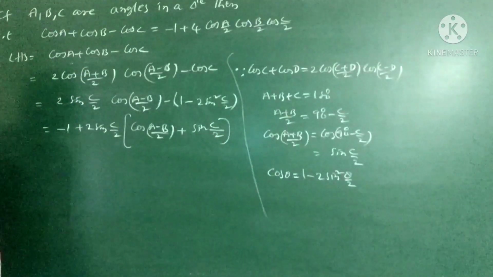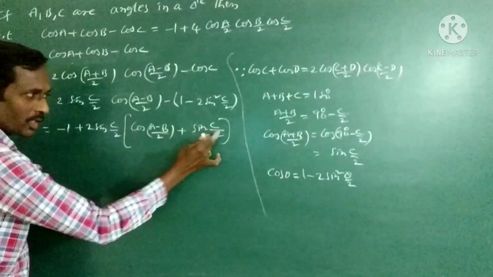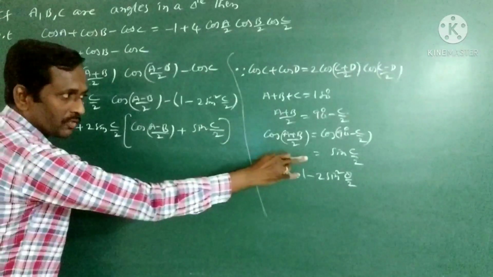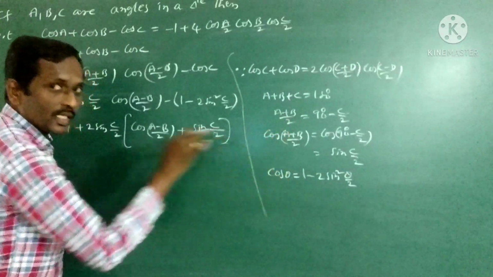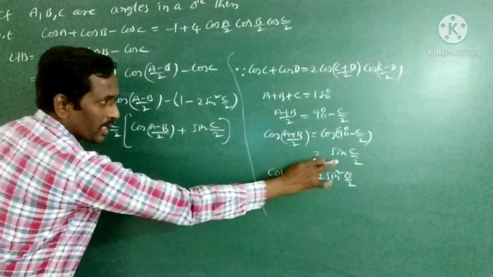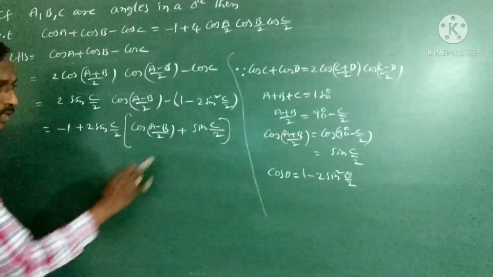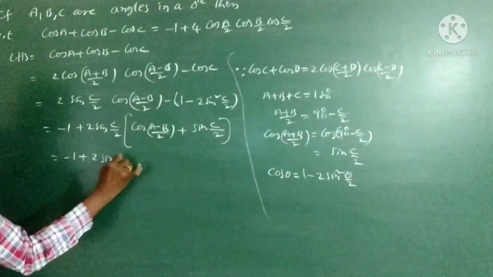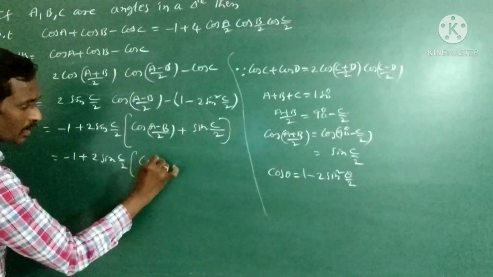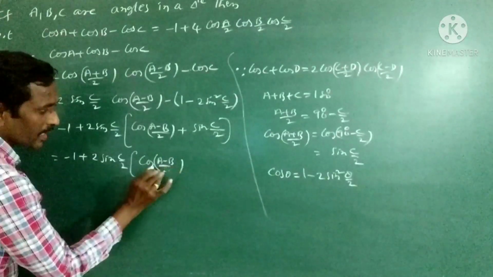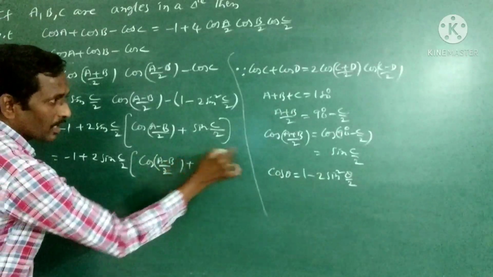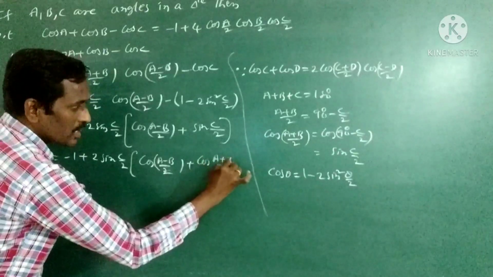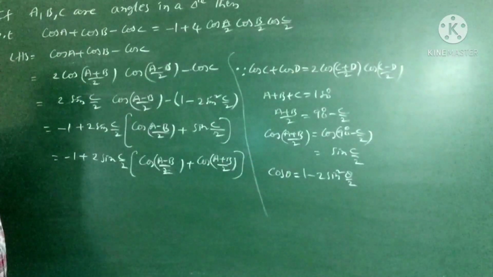Now the step is over. What will be the next step? In the bracket, whatever single angle you get, write it as a sum of the remaining. So if you have that value, then use it directly. Otherwise, once again you have to calculate. Sin C by 2, already we have a value, cos A plus B by 2. Write the value in place. So this equals minus 1 plus 2 sin C by 2 of cos A minus B by 2 angle plus sin of C by 2, whose value is cos function of A plus B by 2. Now step 4 is over.